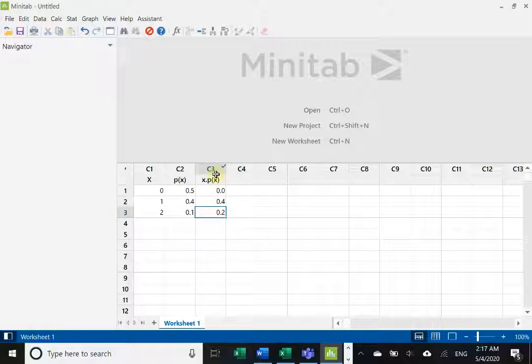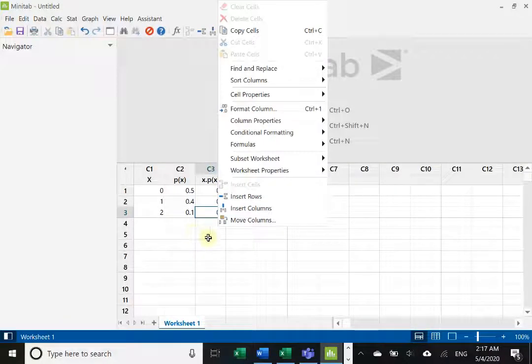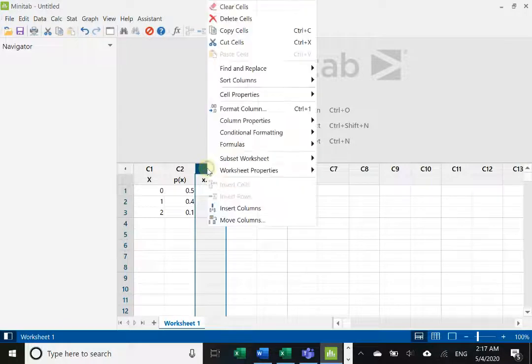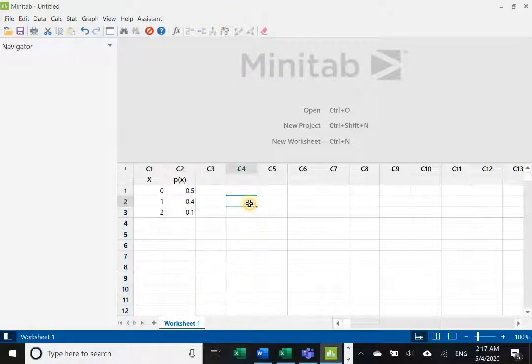If you don't want the formula in here and you need to get rid of this column, the way to do it is, after you check that, select the column, then right click and you can delete cells. There you go. So the column is free now. So that's what that